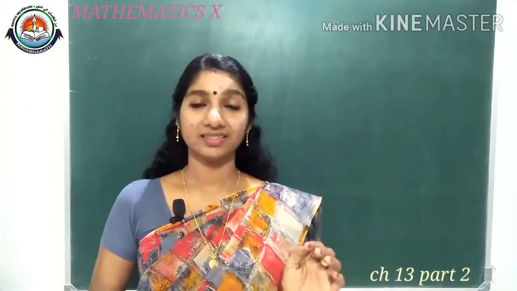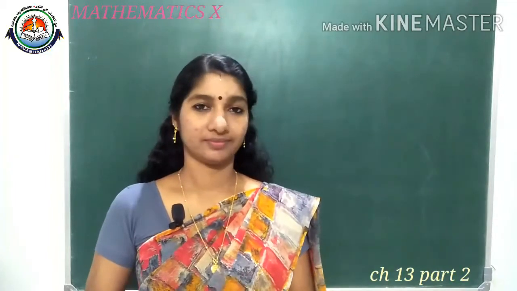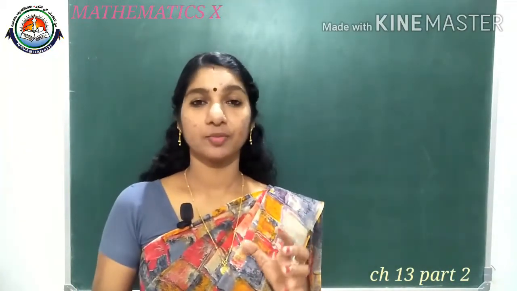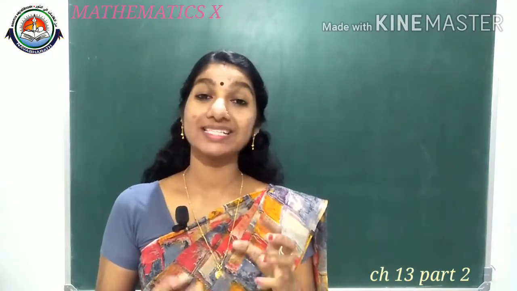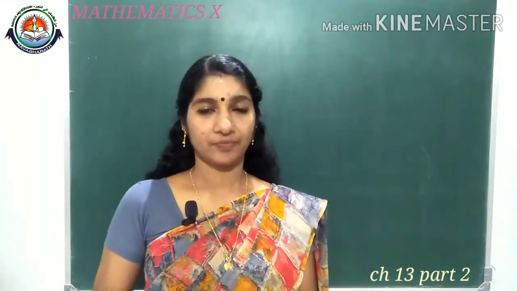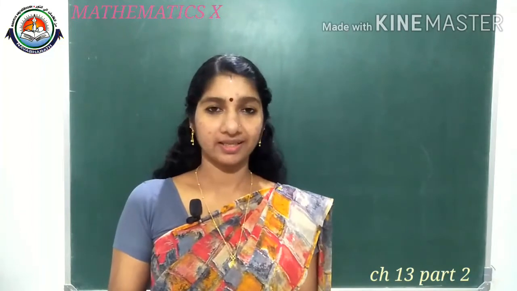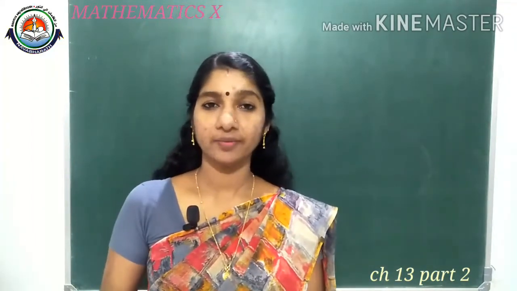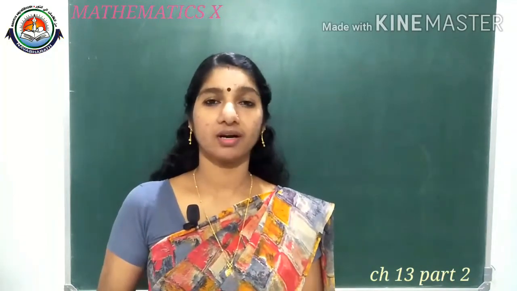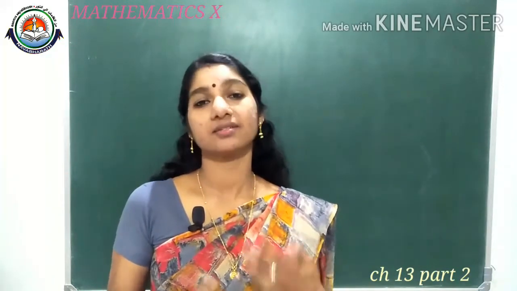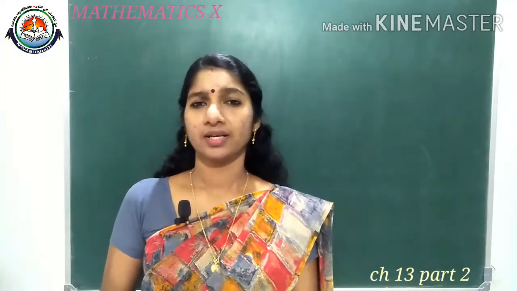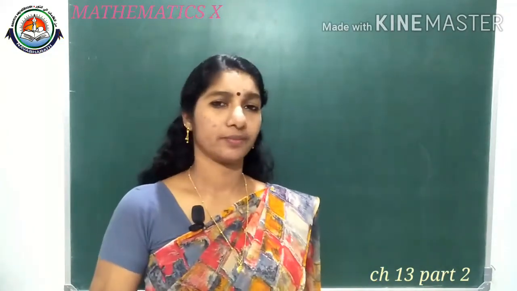We just started surface area and volume, isn't it? And surface area and volume of this cube means solid shapes we were discussing. And the first thing from this chapter, that is about surface area, we are discussing today the combination of solid shapes, their surface area. And we did some questions in the previous class. So it's balance question we are doing today.